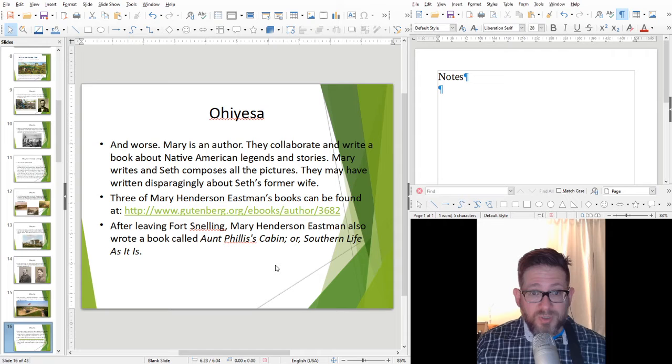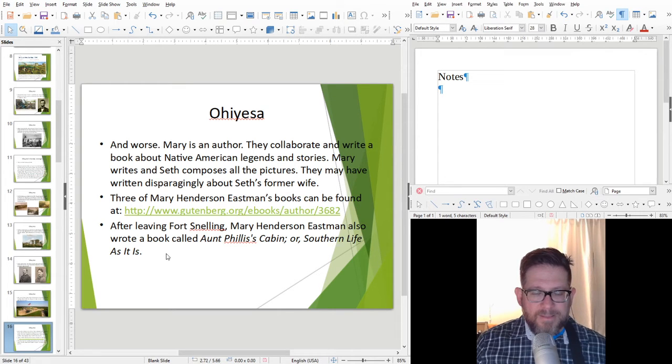can actually go and read that book, it's out there, they say some pretty horrible things about Seth's former wife, and much of the book sort of looks a little bit down on Native Americans as this primitive, foolish culture. So you can find some of Mary Henderson Eastman's books on Project Gutenberg, where books that are out of copyright are freely available. And they eventually leave Fort Snelling, and